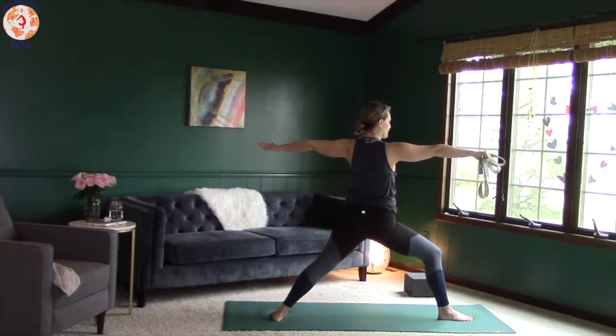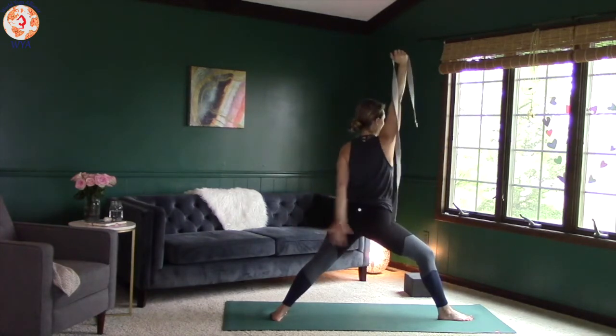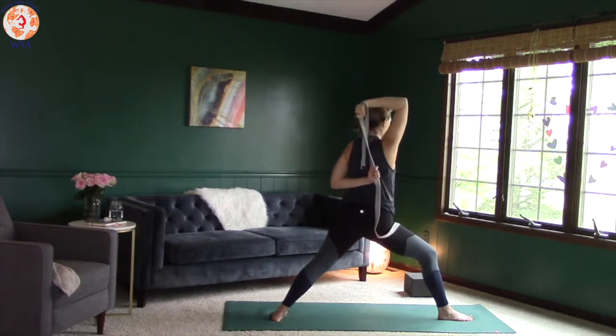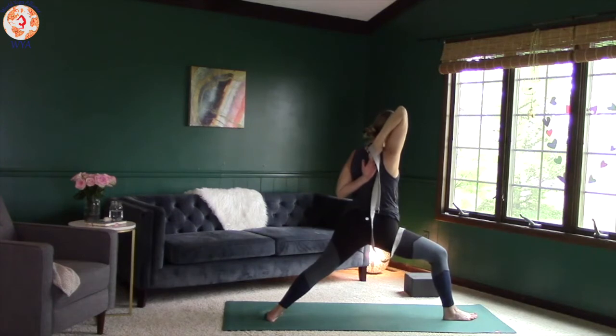All right, now let's bring the right arm up with the strap, if you have it. Left hand behind you. Bend the right elbow. Grab onto the strap with the left hand. Okay, now pull the bottom hand up the spine. Walk the hands closer together. Pull the bottom hand up, walk them closer together, and just repeat until you get to where you feel sensation,